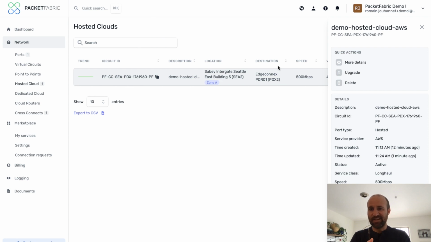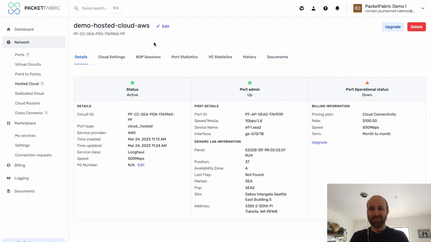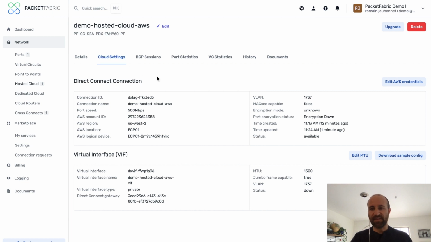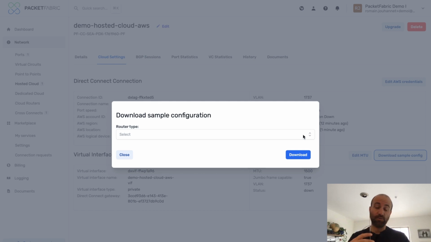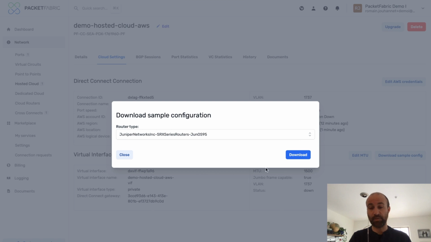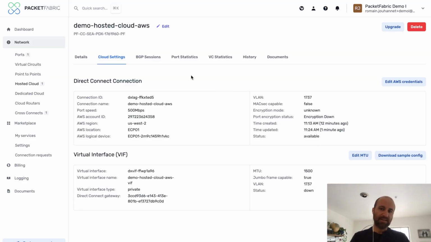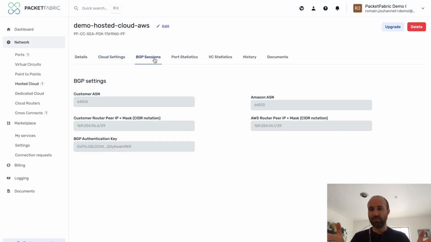But once that's done, let's have a look at the details. Here in the details page under Cloud Settings, we actually show all the details of the Direct Connect and the VIF. And then from here, you can do different things. You can, for example, go ahead and edit the MTU. Here's the default, 1500. And even more important, because we are going to do the connection with a router we have on-prem, we can download a sample router config here. I'm just showing a snippet example, which you just have to plug into your router. And then from there, your BGP session should come up, and you've got connectivity from your on-prem to AWS. So you see, super simple.